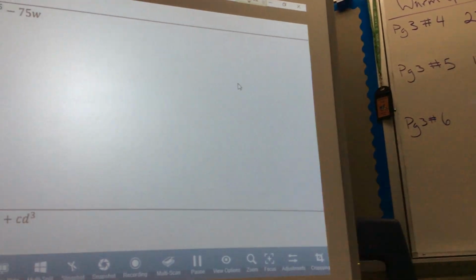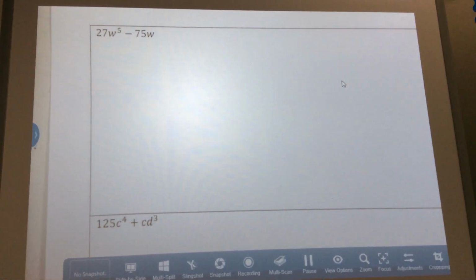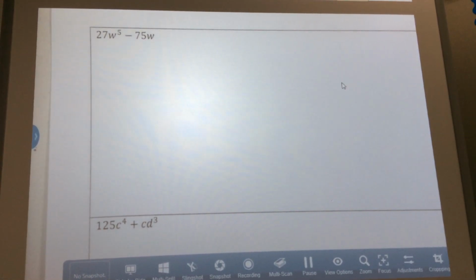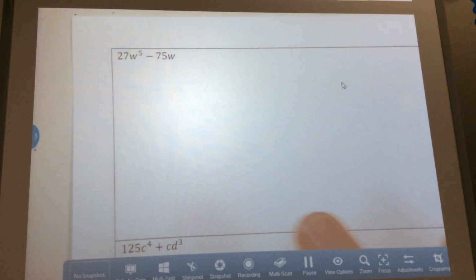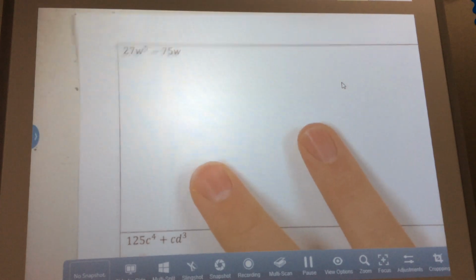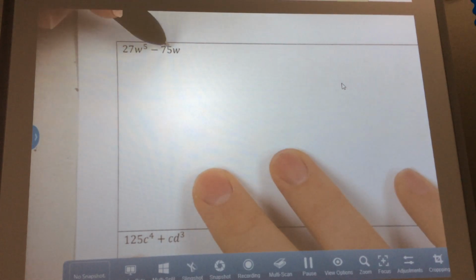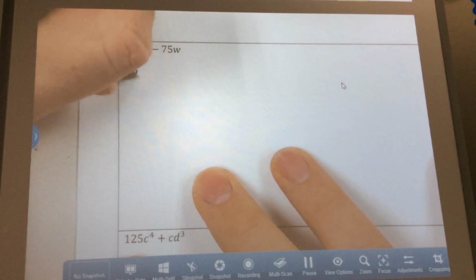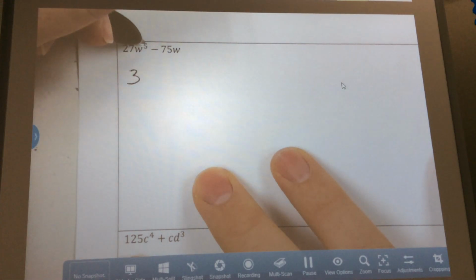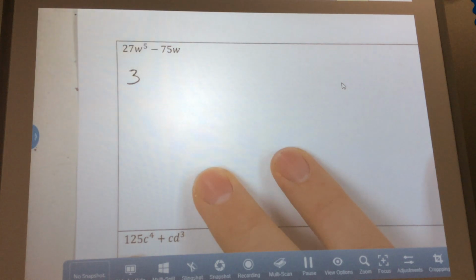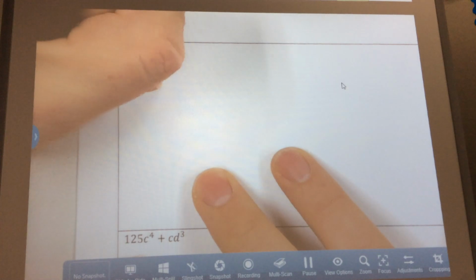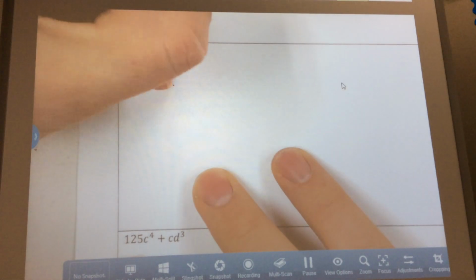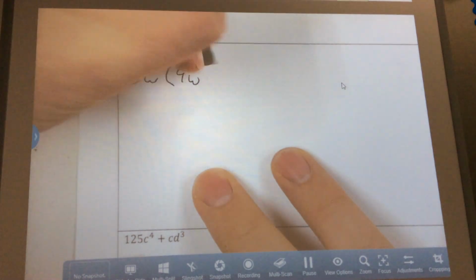So the first thing you got to ask yourself is, can I take out a greatest common factor? If I can take out a greatest common factor, you want to do that first. So when I'm looking at this question right here, I see 27 and 75. I know I can take a 3 out of both of those. And then w to the fifth power and w to the first power, you can take out a single w. That's going to leave me 9w to the fourth power